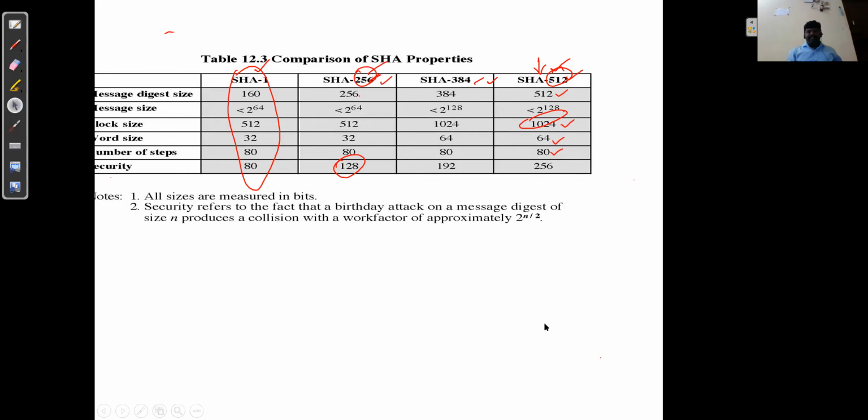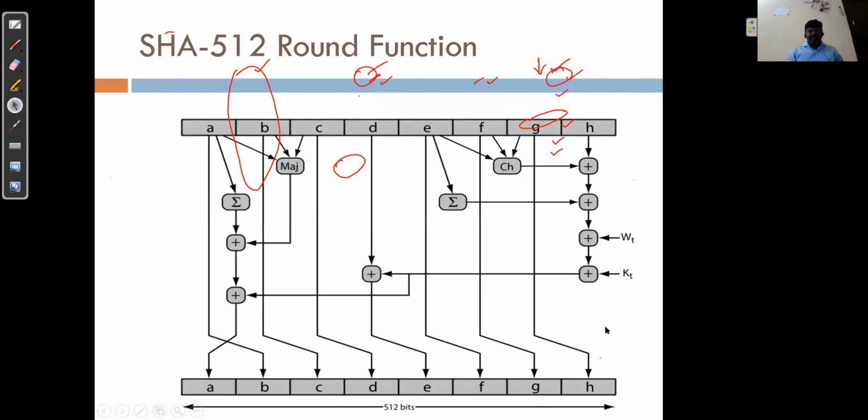SHA 512 is not a part of your syllabus, though I can quickly explain it so you can understand the logic. This is very similar to the SHA1 algorithm. There are different registers, because we are going to have different values, 1024 accordingly. How many registers do we have? A, B, C, D, and so on, 8 registers, 8 into 32-bit values which are going to be stored, and then we can perform the operations.